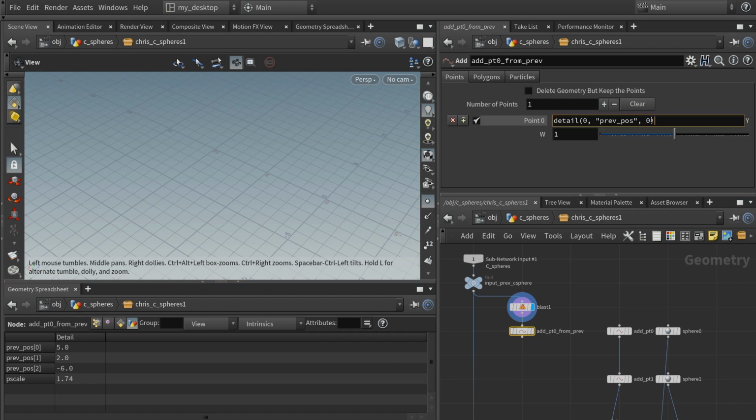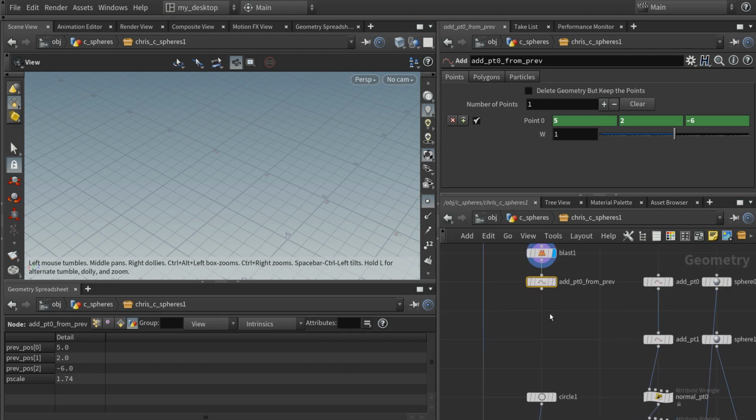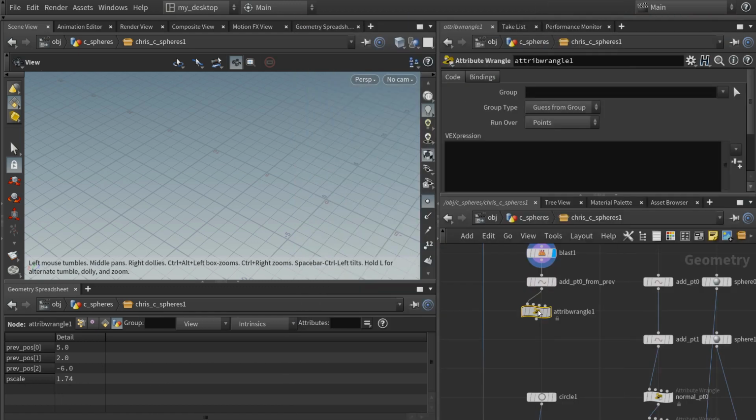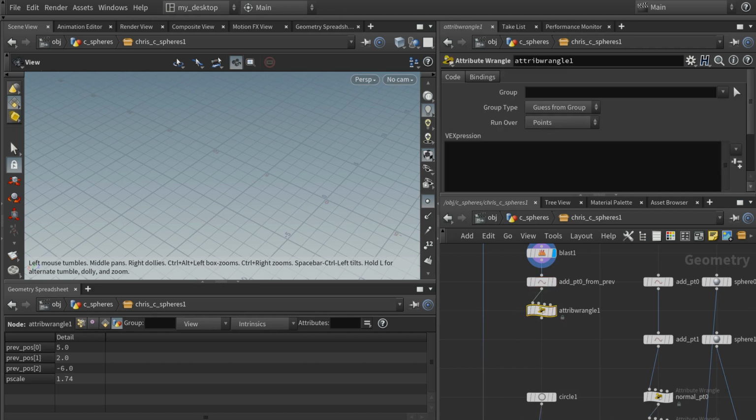And then I paste that, I change the last 0 to 1, and I paste it again, change it to 2, so it reads index 0, 1, and 2, which equals x, y, and z. So as you can see, the point is already reading it, and now I just want to bring in the scale as well, the p-scale. So f@pscale equals detail(0, "pscale", 0);